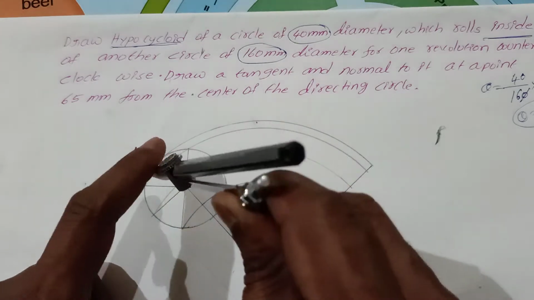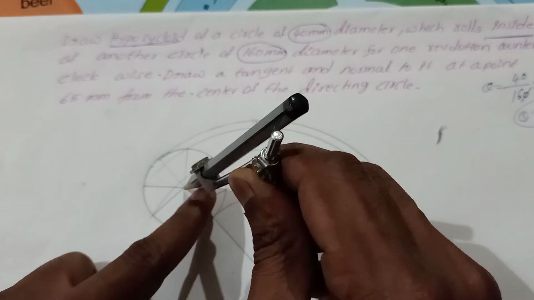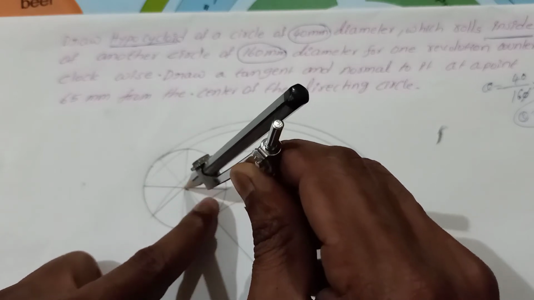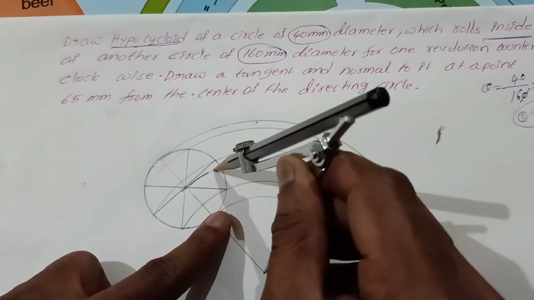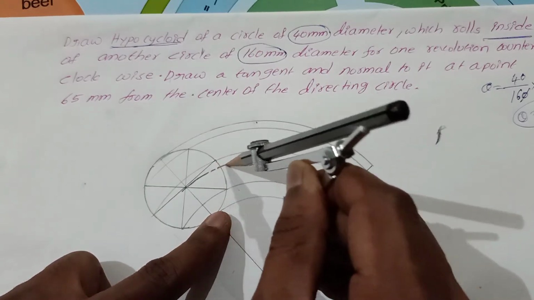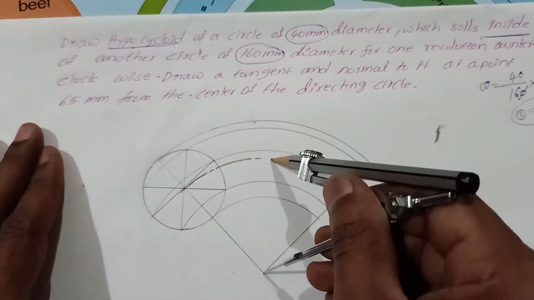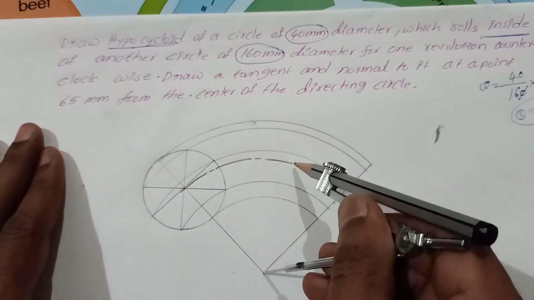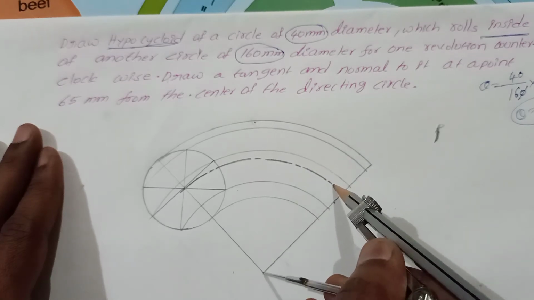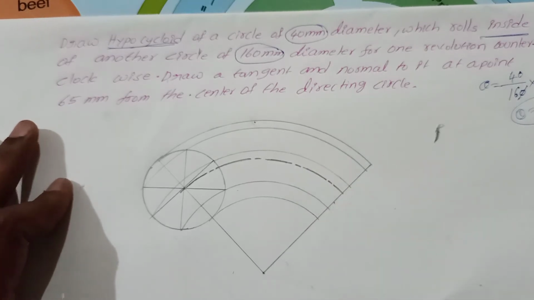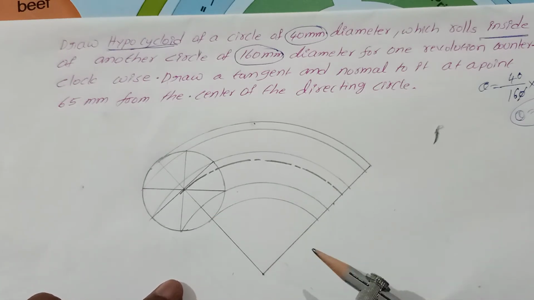So we have to draw a separate curve through the center also. We have drawn the separate curve in the epicycloid also. So like this we have to draw the separate curve through the center. This is the central curve. Small curve, big curve. This is the type of line to show the center line. Now divide the sector into 8 parts.